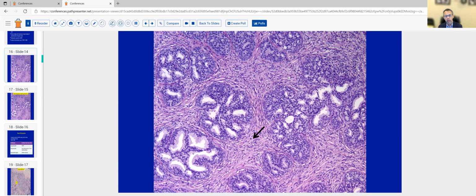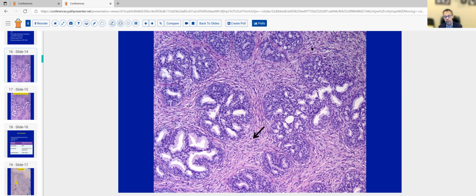In this particular case, you see these cribriforming glands. Again, quite crowded proliferation of these glands. These glands appear quite dark, but if we look at it, why do they look dark? Because you have very scant cytoplasm. In prostate cancer, the dark appearance is due to the amphophilic cytoplasm, while here the dark appearance is because nuclei occupy almost full cell height, a feature that would typically argue against a prostate cancer diagnosis.